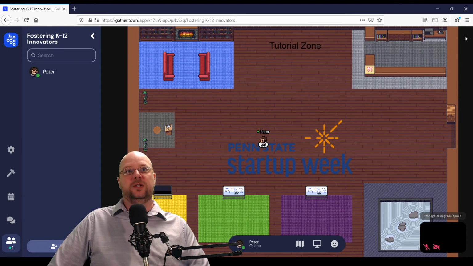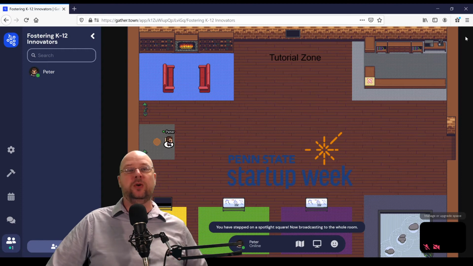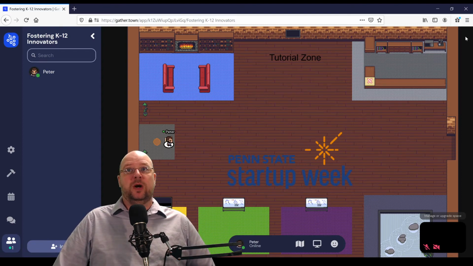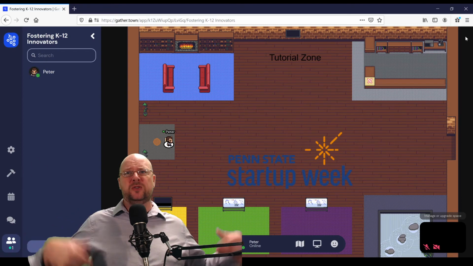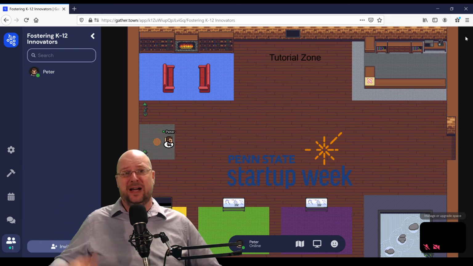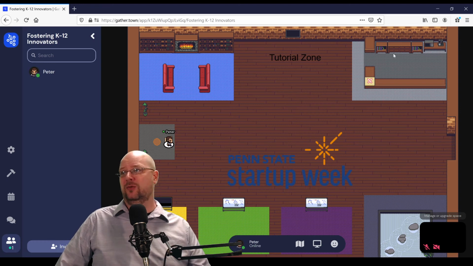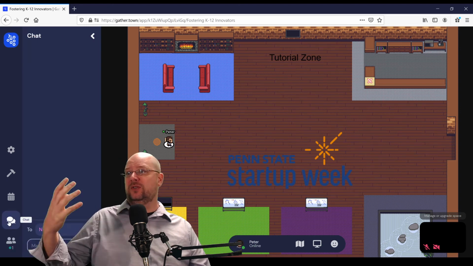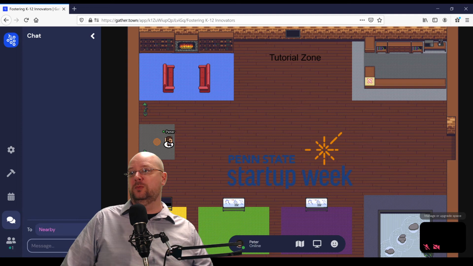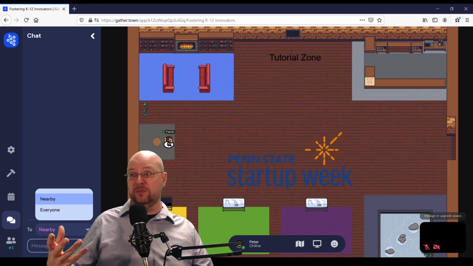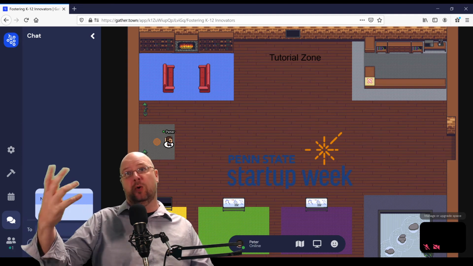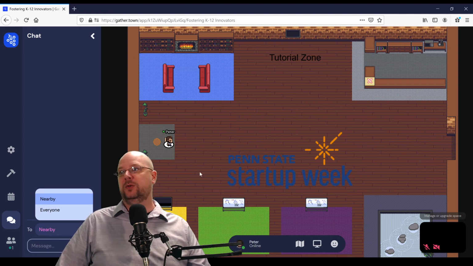One final feature that you can use here is also over here at the podium. So the podium is basically the space and place where if you go here, you now talk to the entire room. You basically have control of the microphone and you're communicating to the entire room. There is also traditional text chat. If you want to text to people, you can text to specific people, to anyone, or just to the people nearby if you want to use traditional text communication.